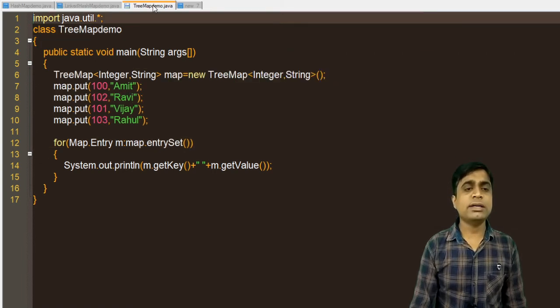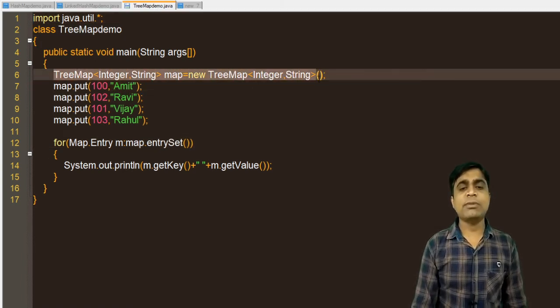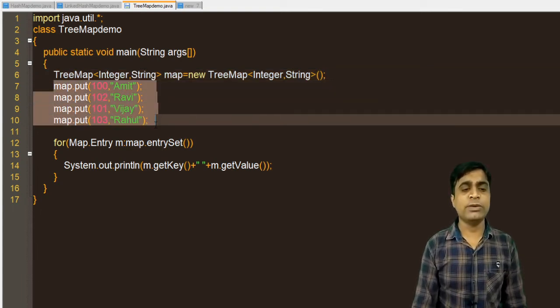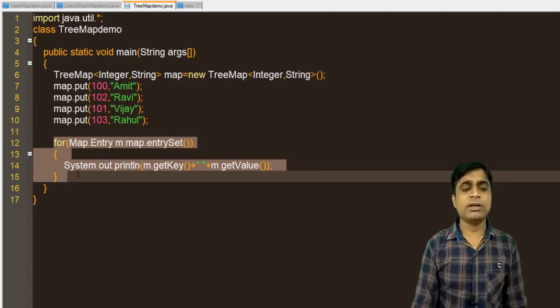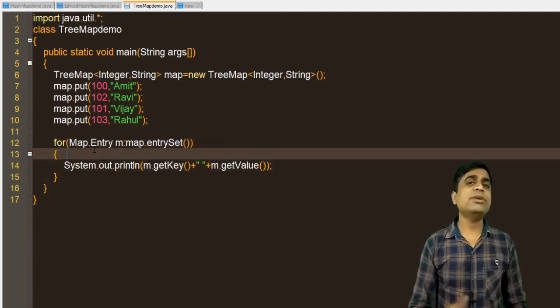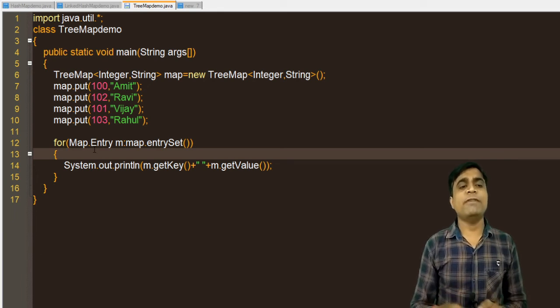And finally the next example is the TreeMap. I am creating the same program using the TreeMap, putting these values in a TreeMap and using them. But as I told you earlier, you can store different values in a TreeMap as well as in a LinkedHashMap and a HashMap.